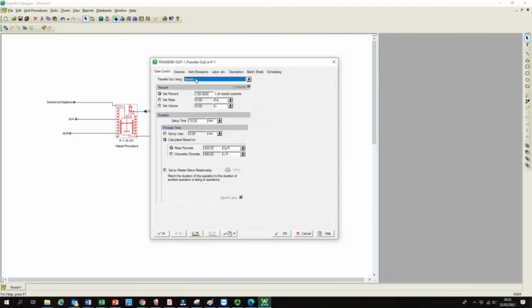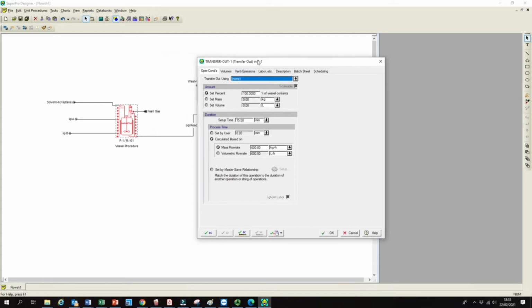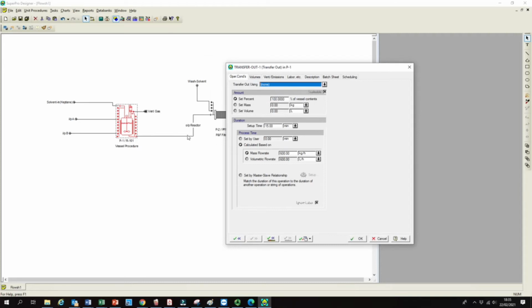So this is your final operation: transfer out. We need to take the product out. Where the product should go, in which stream it should go. We should select output from the reactor. If you want, we can call this something like a pipeline. So we have to select output,